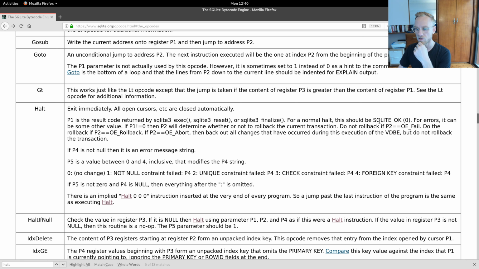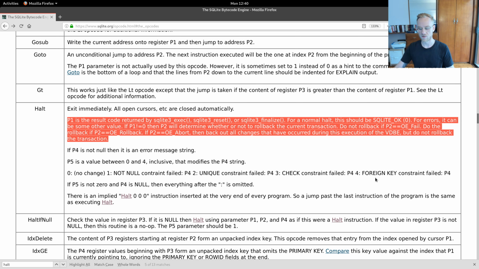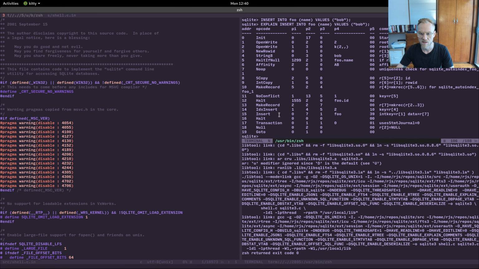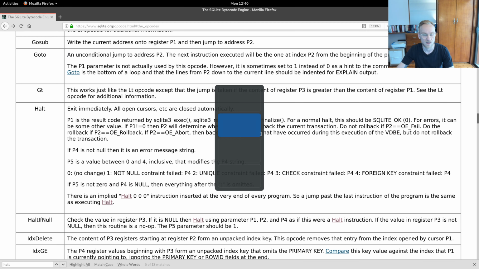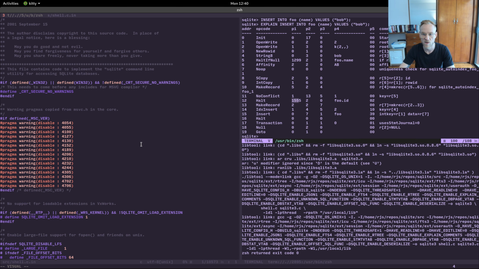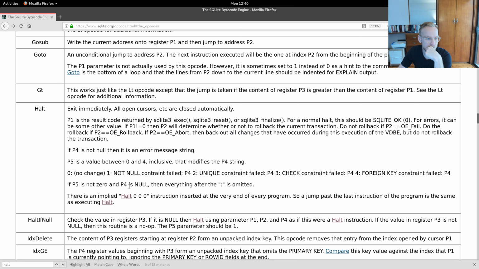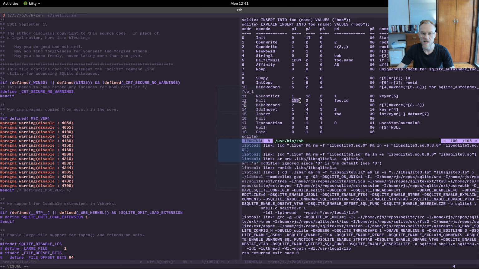So for a normal halt, it should be SQLite okay, and for errors, it could be some other value, right? It could be finalized, right? P1 is the result code, so what this is saying is the result code is 1555. That's a bit odd. Oh, it's actually possible that